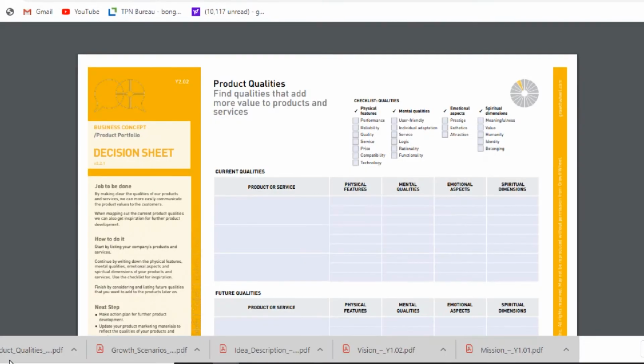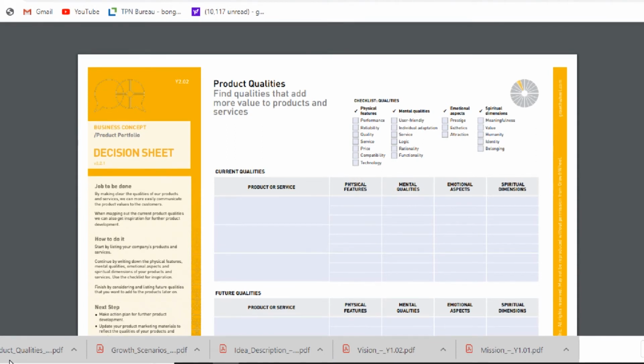Do you get the right service from the service provider? Is the price good? Is it compatible with others? And what are the technological features that come with that particular product? And now when we speak about